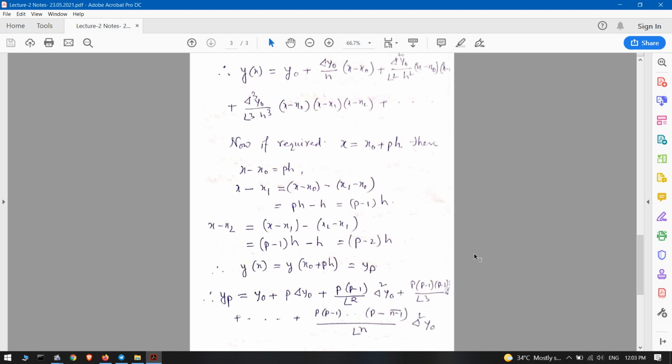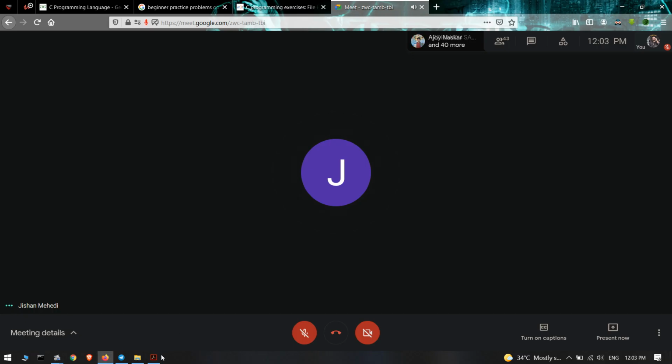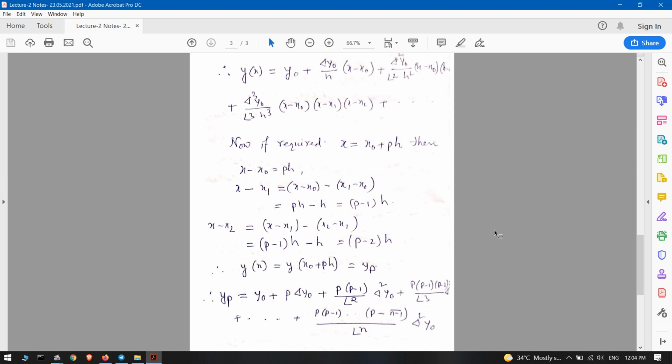Y1 minus y0. Now, if this expression is correct, from that expression we have also derived the value of y1. Now put the value of that. Y1 equal to a0 plus a1 into x1 minus x0, minus y0. So y0 equal to a0. Put that value, then a0 will be cancelled out. So ultimately that value will be a1 into x1 minus x0.